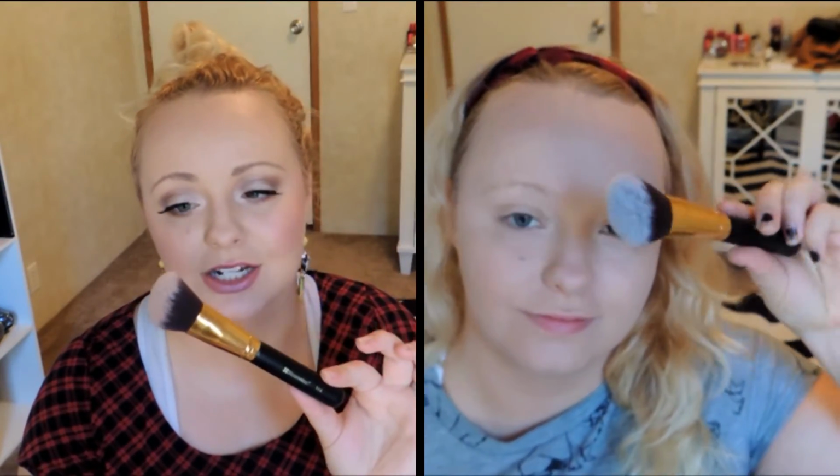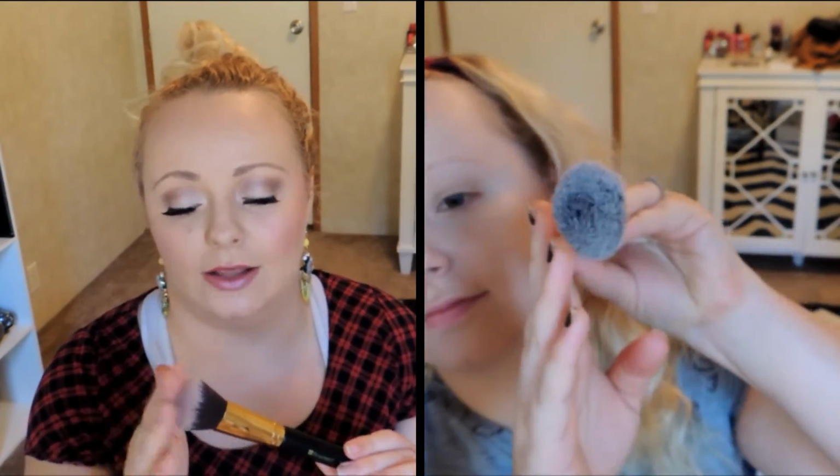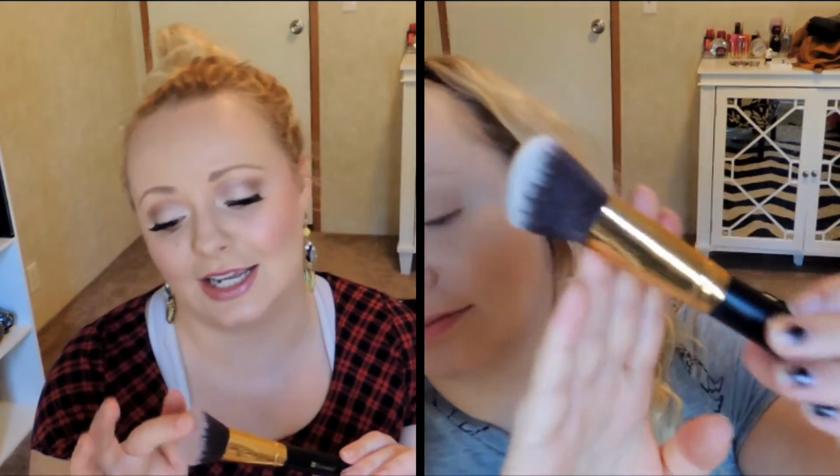But one thing I want you to be aware of with brushes like this, where you can really pack on the product, is that sometimes you can go overboard. If you need a lot more coverage, this is an excellent brush to do that with, but you want to be very careful in the areas around your eyes and stuff like that where you might need more of a light hand. 114 is the angled blending face brush, and this one is a lot less dense than the 113